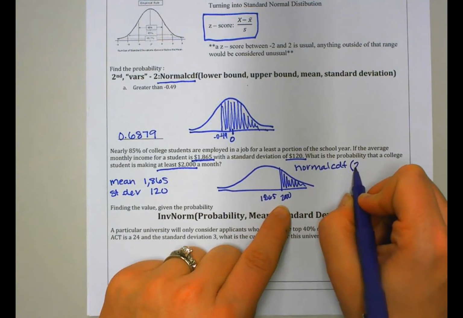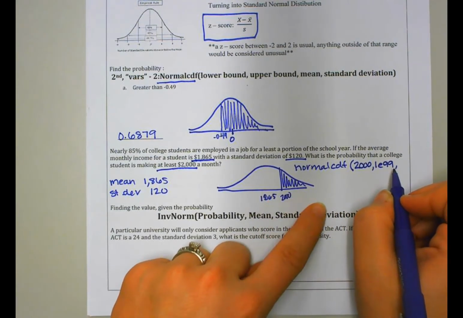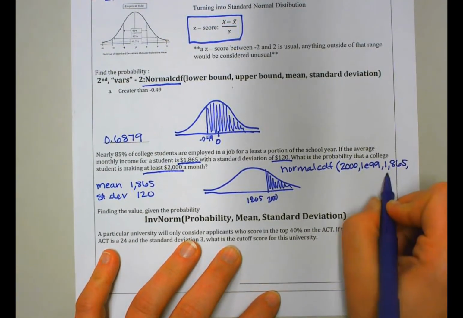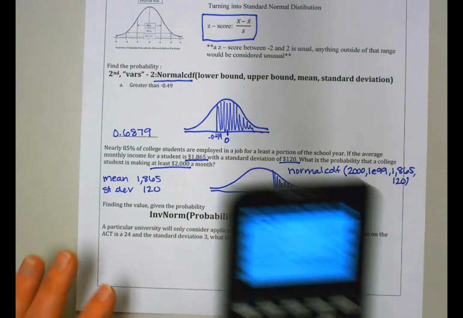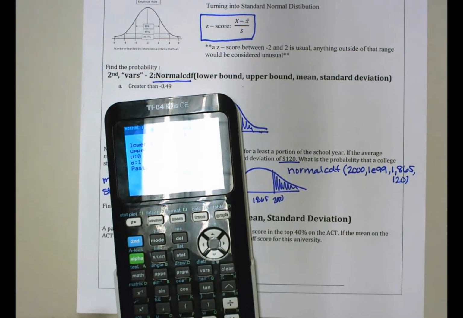Our lower bound is 2,000. Our upper bound is 1e to the 99 because we're going for the rest of the graph. Our mean is 1,865 and our standard deviation is 120. So when I solve that, normal CDF, 2,000, 1e to the 99, my mean,